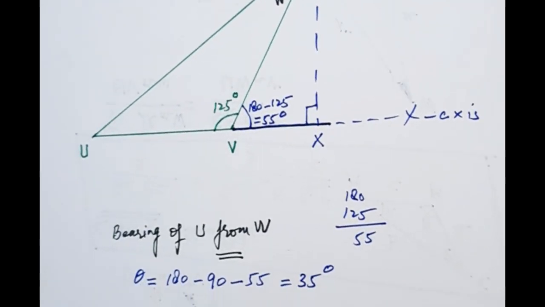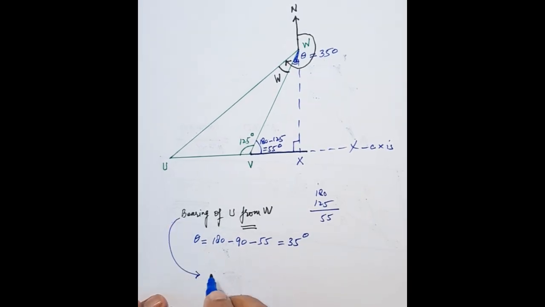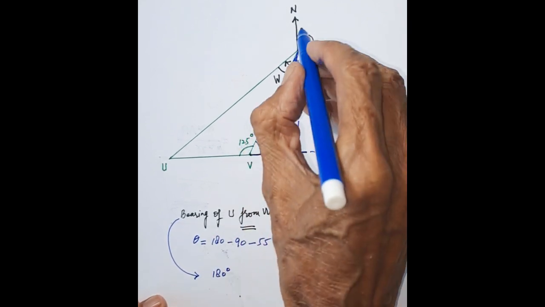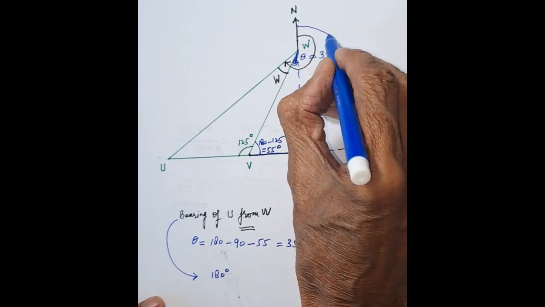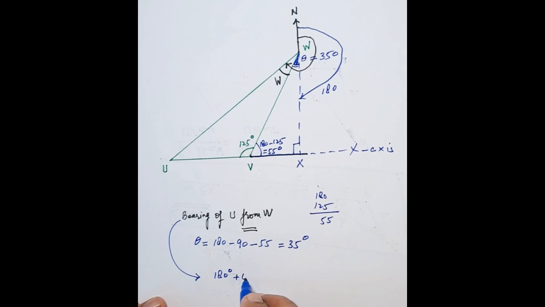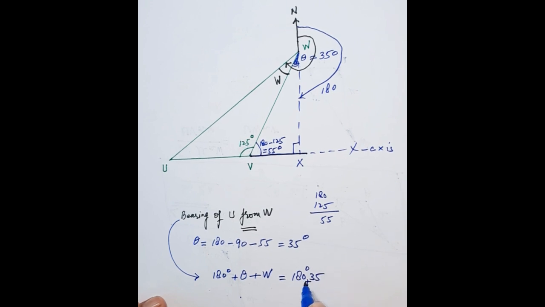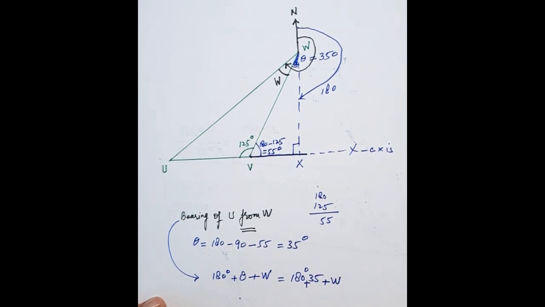So the bearing of U from W will be 180 degrees plus theta plus W, which is equal to 180 degrees plus 35 degrees plus W. Now we have to work out W. So going on to the figure again,